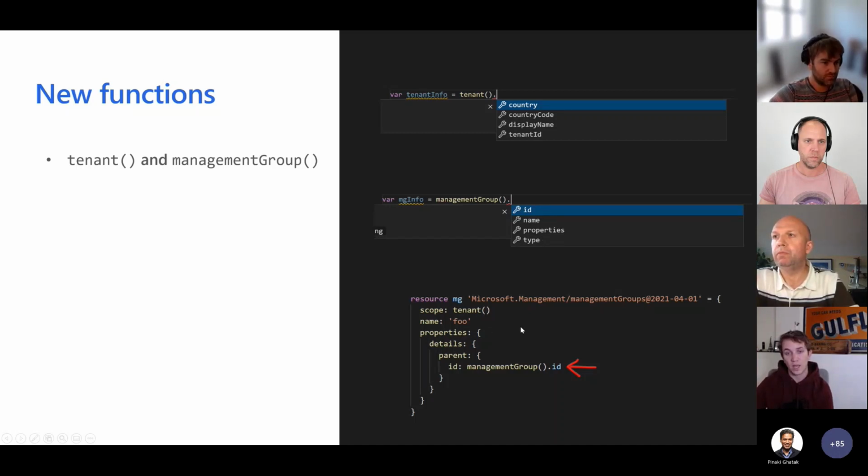And you can use it for scenarios like so, where you might want to create a management group inside of another management group and you want to set the parent hierarchy properly. Now you can query dynamically the current management group information that you're in, get the ID from it, and provide it to the parent, so that this template is now a little bit more maintainable than what you've had to do in the past, which is provide that as a parameter or something to provide that information.